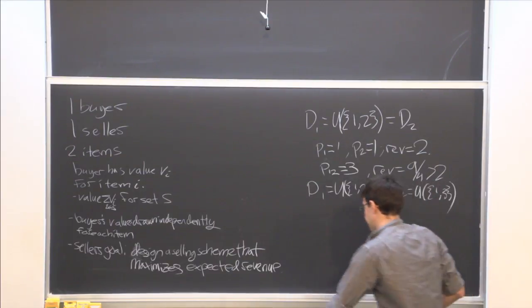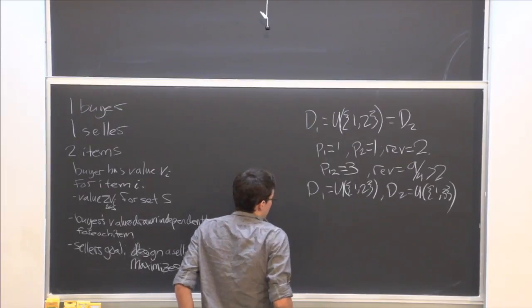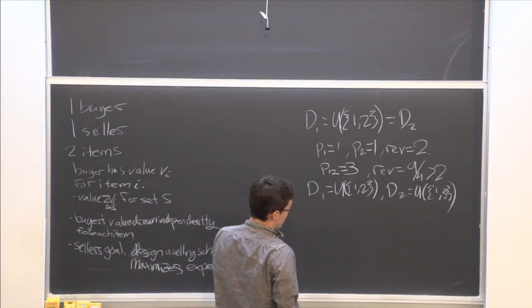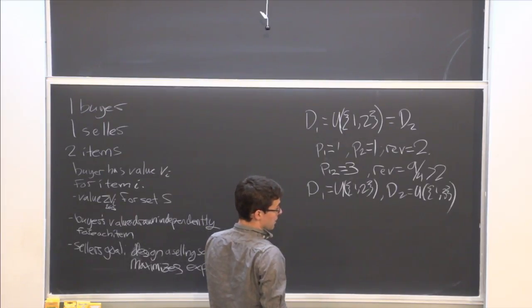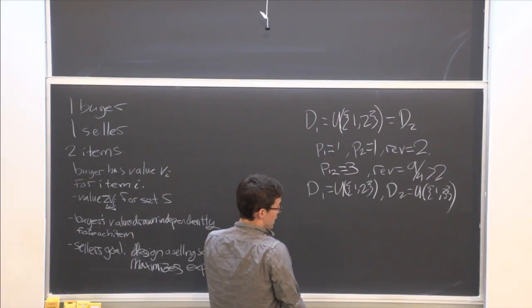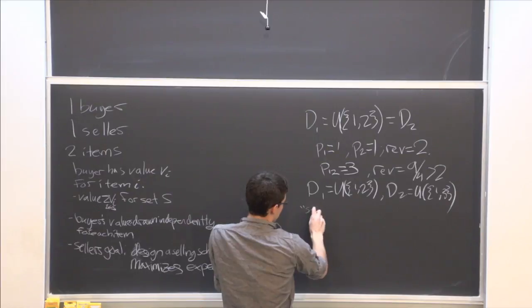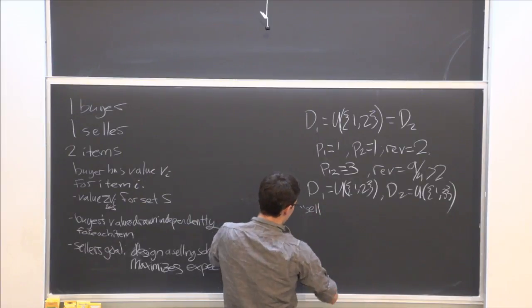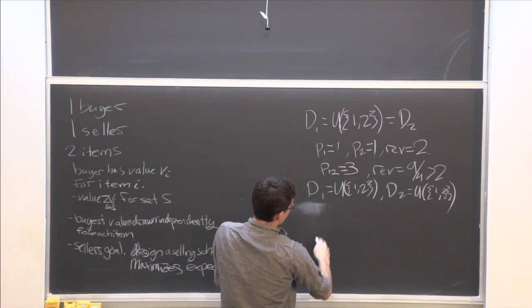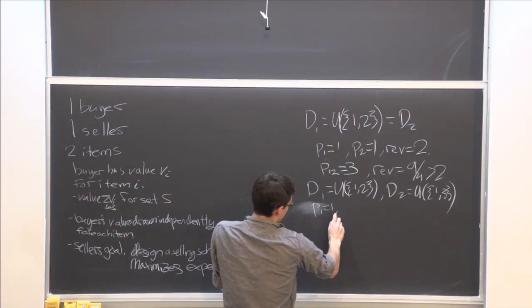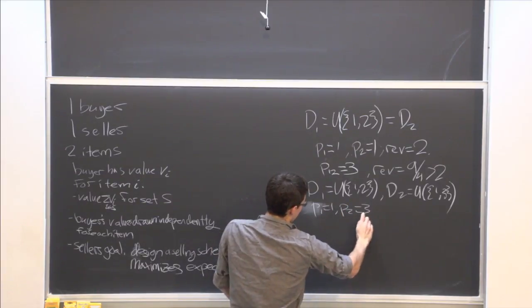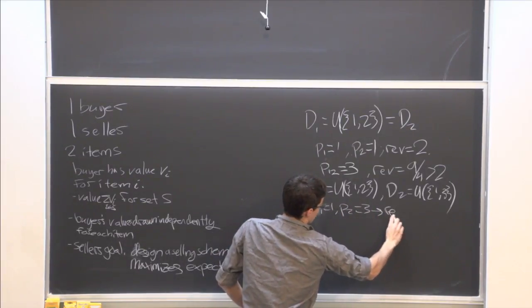So now here we can quickly check over all the deterministic things you can do. How much revenue do they get? So one thing you can do is you can set P1 equals 1, P2 equals 3,